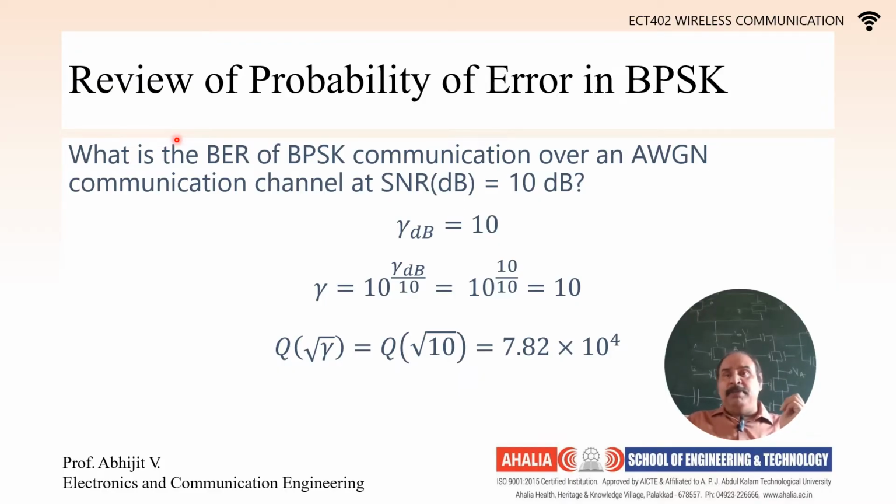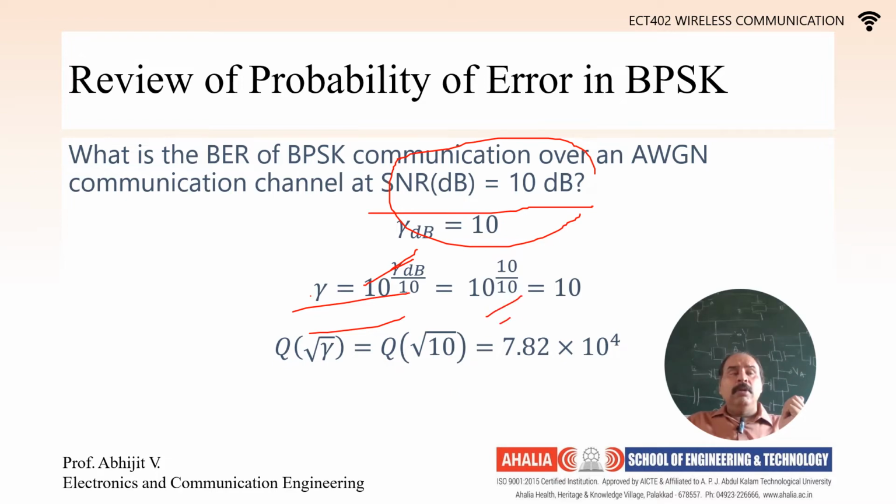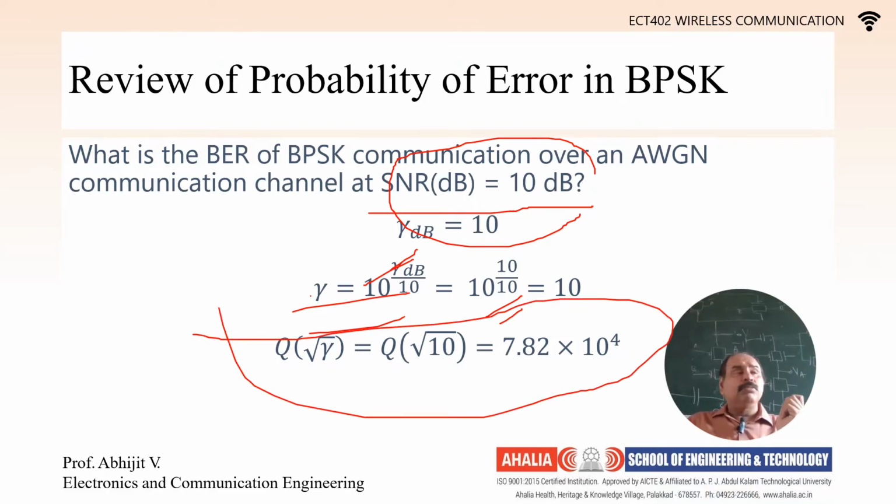So let us do a very small problem. What is the bit error rate of a BPSK communication over an AWGN communication channel at the signal to noise ratio SNR in dB given as 10? Very simple, we are converting this from dB to linear, and then we are substituting this into the function we have derived right now, Q of root gamma. Gamma is the signal to noise ratio. So when we do it like this, you get